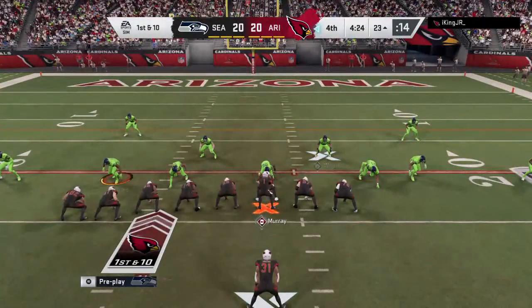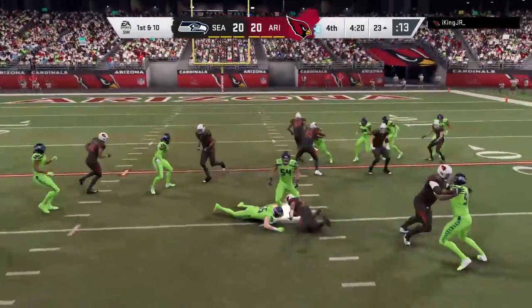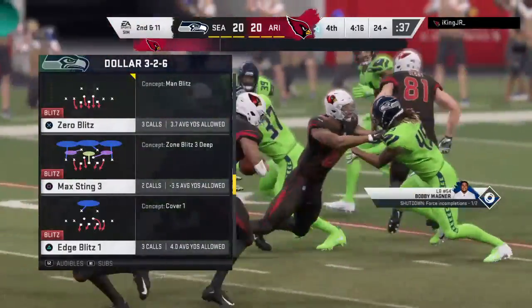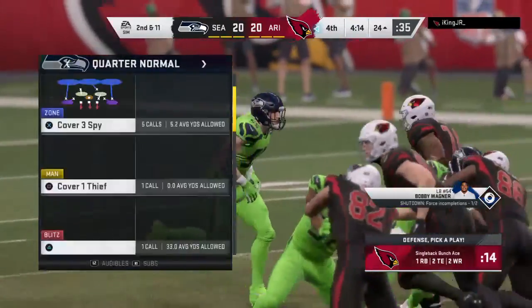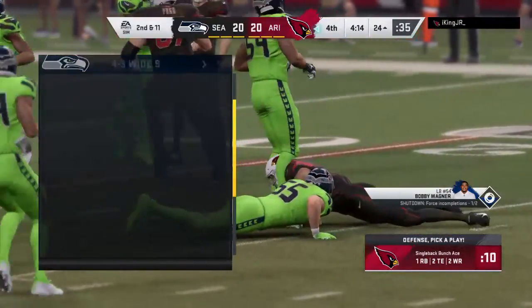And he'll give it here to his running back. And after the good gain last play, this time he's going to be stopped behind the line of scrimmage. He'll wind up losing a yard on the play, and that'll bring up a 2nd and 11 at the Seahawks